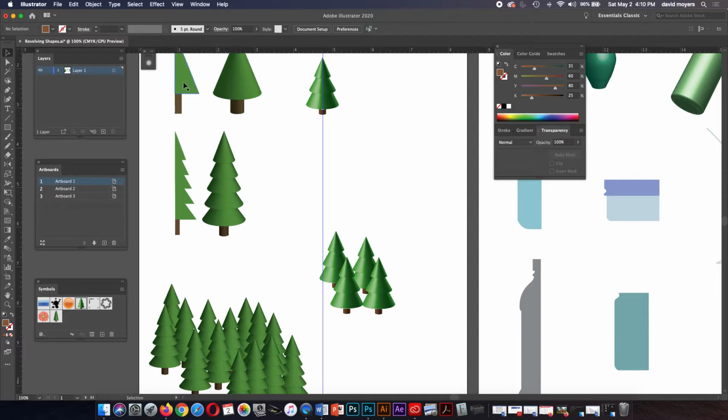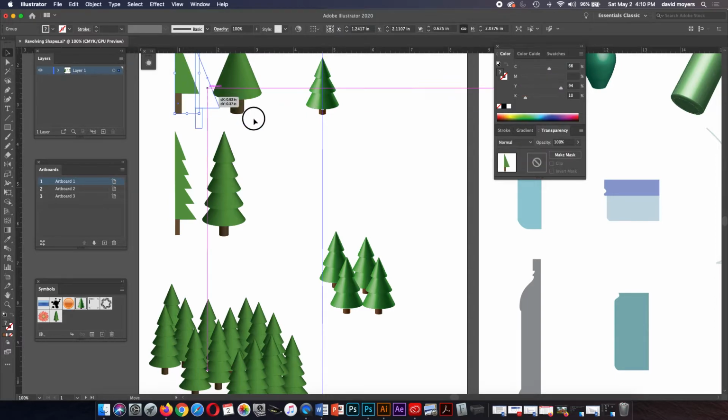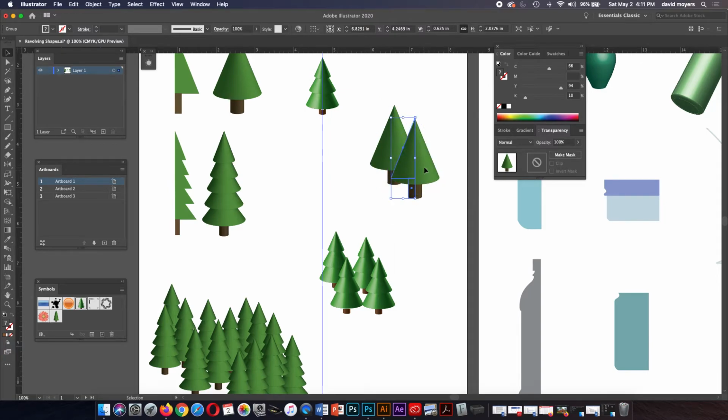Because now that this is a symbol, this isn't a symbol here. So let's drag this one that I made, and we'll copy it too, okay? But we're not going to make it a symbol. We're just going to make a couple of these here. We'll move this one, and we'll move this to the back, okay? All right, so